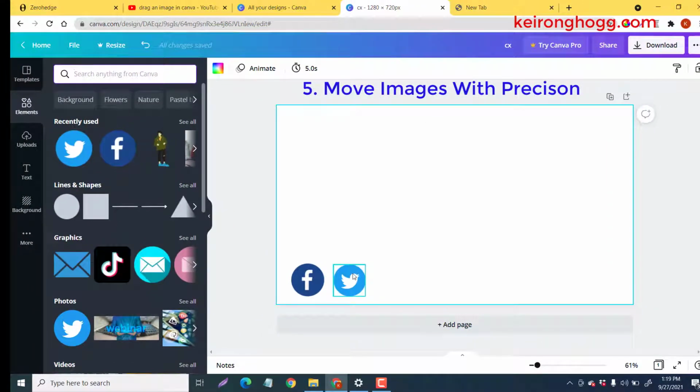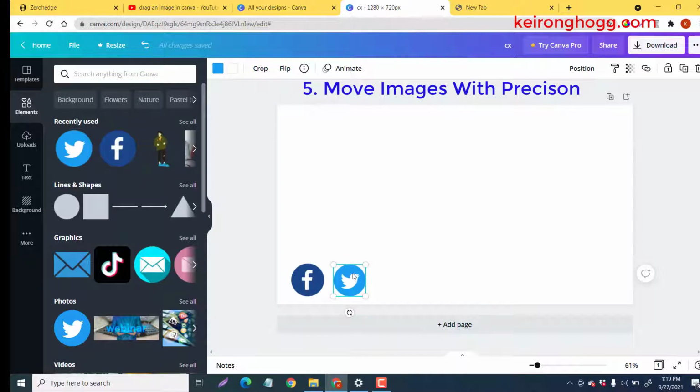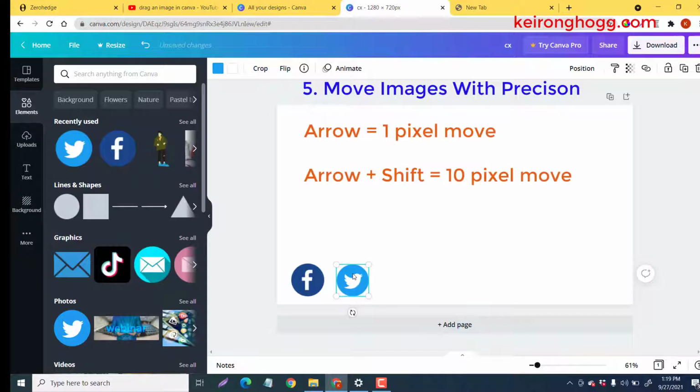So the cool thing is, if I click on here and just use my arrow keys, it will move it 1 pixel at a time, 1, 2, 3, 4, 5. Or if I press Shift and move it, it'll be 10 at a time. So this is really cool if you want to move things to a very specific area like that. Okay, so you can play around with that,